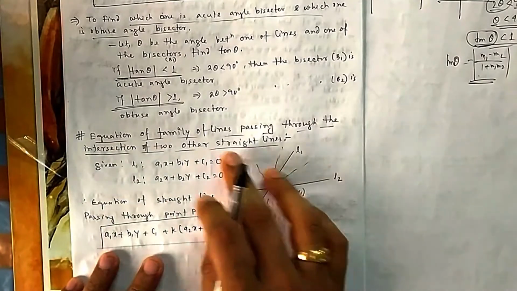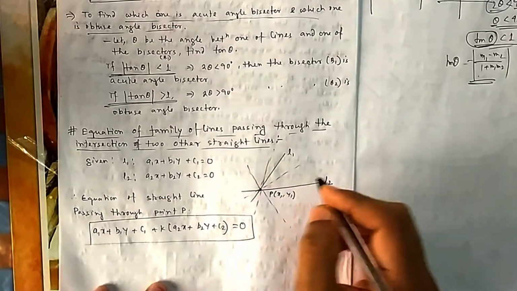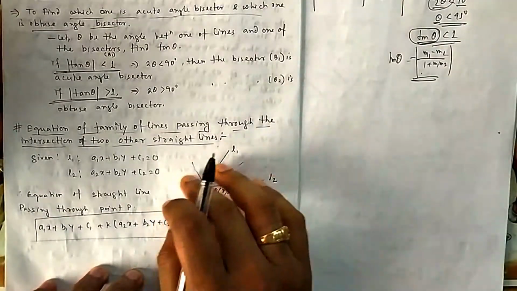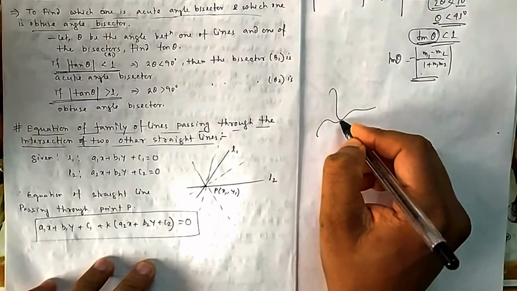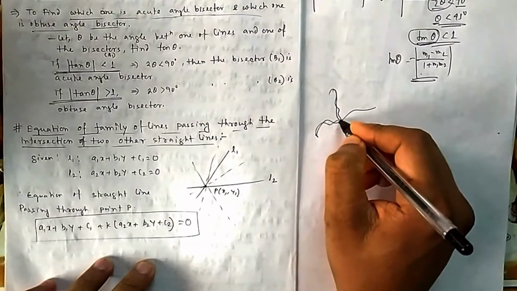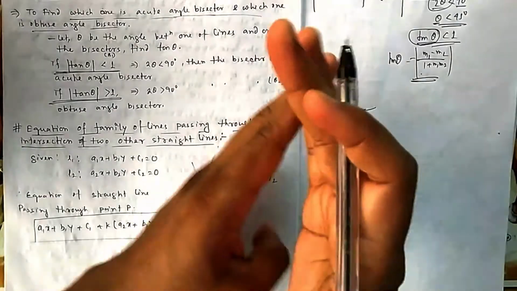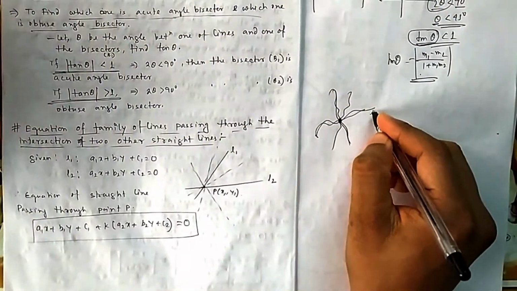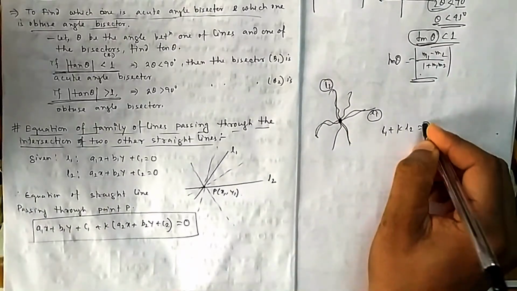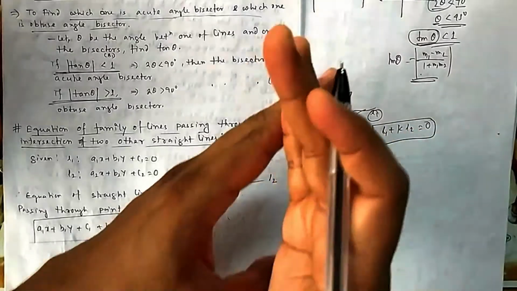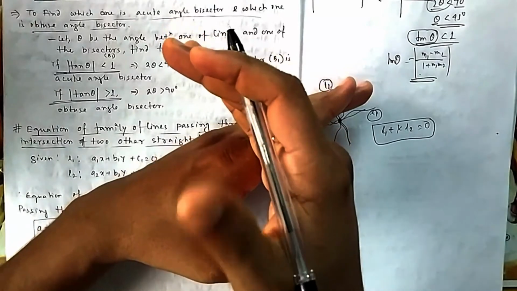Now the next article is to find the equation of the family of lines passing through the intersection of two other straight lines. Now this is general. General means you will find it in every article, in circle also, in ellipse also, parabola also. Suppose a graph is given. Any graph of the same fashion that passes through this intersection will be this. Suppose L1 and L2 are given. Then it will always be L1 plus K L2 equal to 0. To pass through the intersection of two lines is nothing but this plus K into this equal to 0.